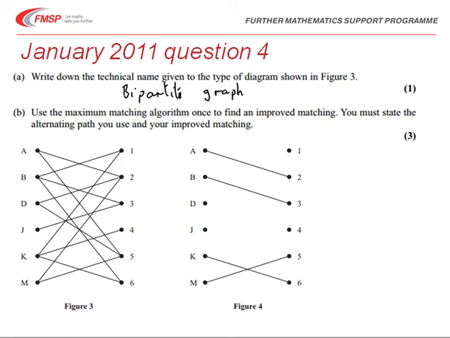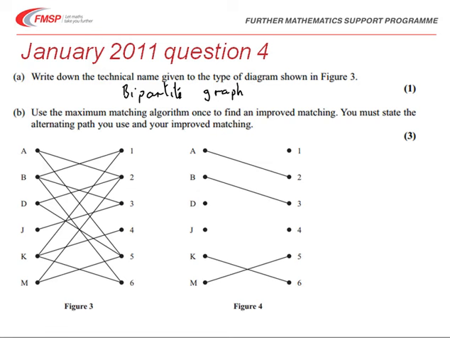In the next part of the question, we're asked to use the maximum matchings algorithm. So this means that we've got to match up a point on the left hand side, from A, B, D, J, K and M, they're the people, to a point on the right hand side which are unmatched. So we could either have D going to 1 and 4 or J going to 1 and 4. Now there are many different ways of doing this, but one way, if we look at the diagram on the left,